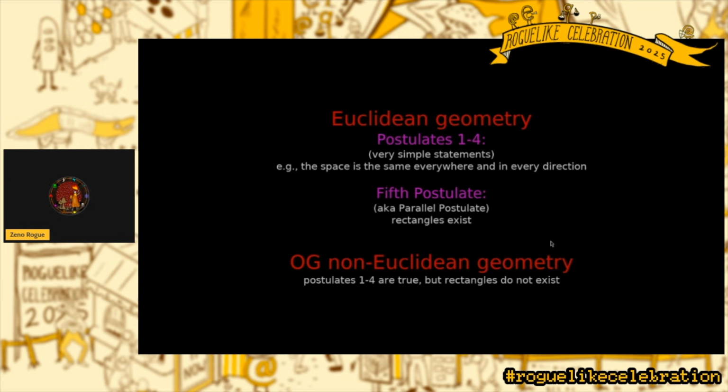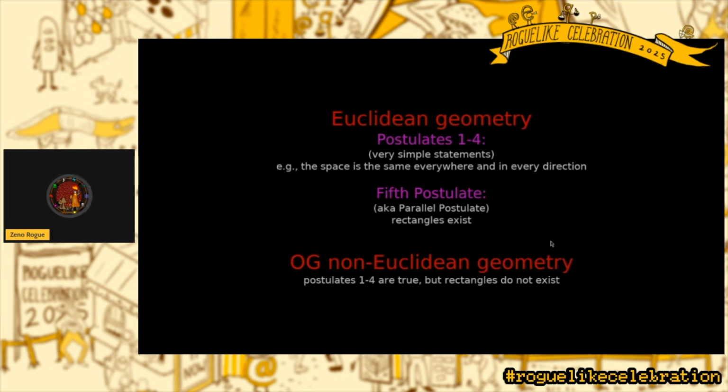So he first stated 4 postulates, which are very simple statements, like the space should be the same everywhere and in every direction. And from these 4 postulates, he still couldn't prove some things, like, for example, that rectangles exist. So Euclid added this postulate, also known as the parallel postulate, which basically says